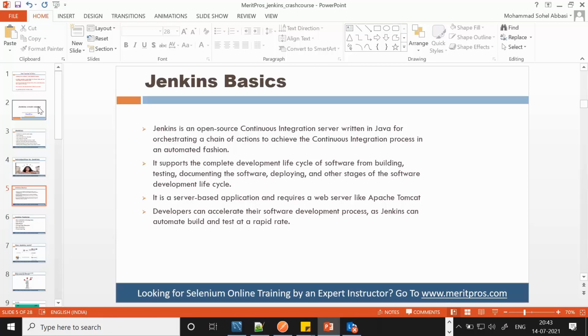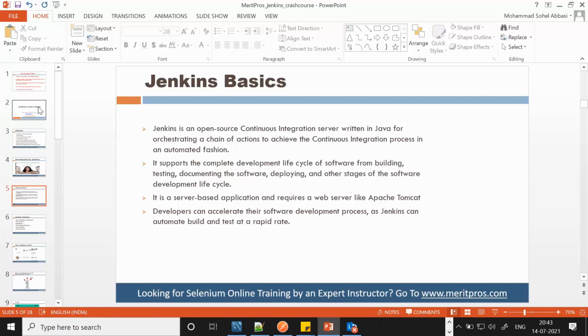Many people who want to execute their code at one time can do it. One person who wants to execute his code multiple times, that is also possible. Multiple people can work on multiple codes and test multiple times in a single day. All these permutations and combinations for automatic execution of code are possible in Jenkins.